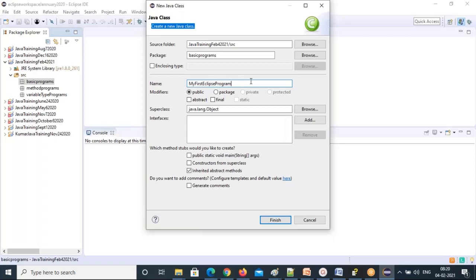Anywhere you are creating or using a class, make sure you remember this rule. It's mandatory, whenever you are creating a new class or using another existing class.